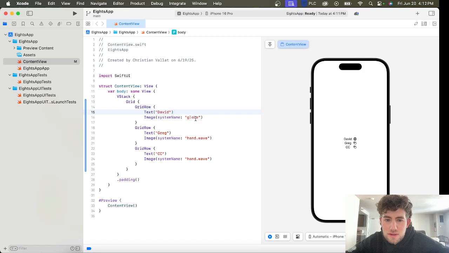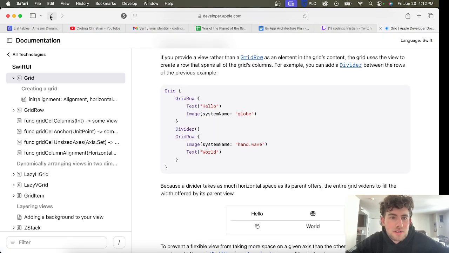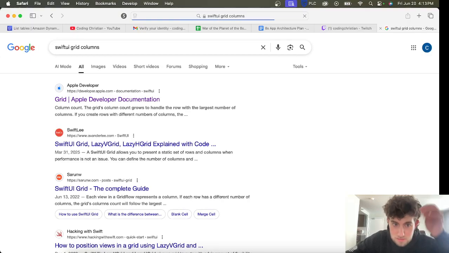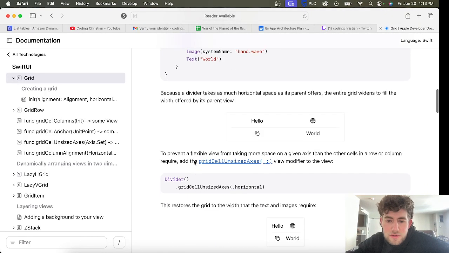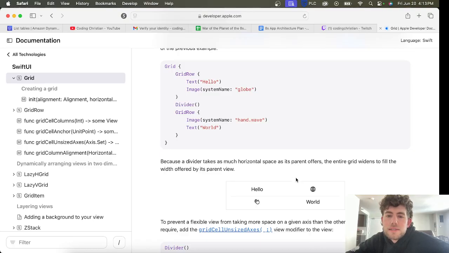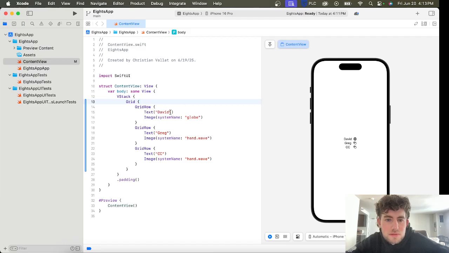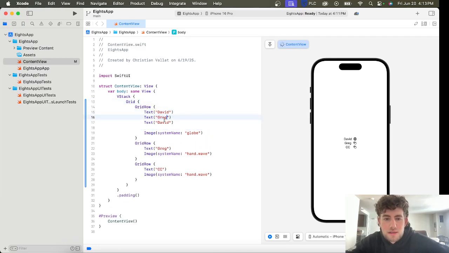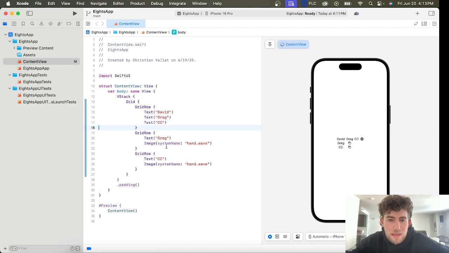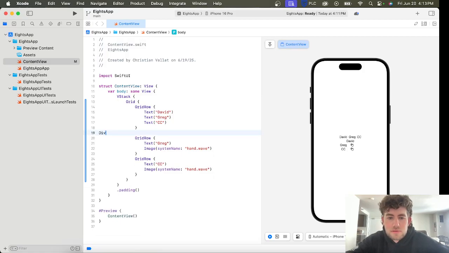So let's see. David, Greg, me. What I want is, I don't want it like that. I want columns. Grid, columns. Okay, let me read about this. Oh, I see. Got it. Okay, so let me do this. David, Greg, me. Add a divider in here. Oops. Wrong copy and paste. Okay, and then the last one will be